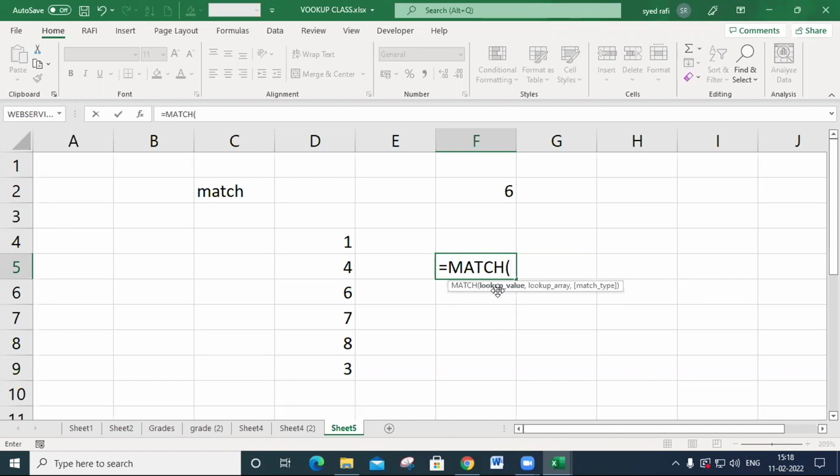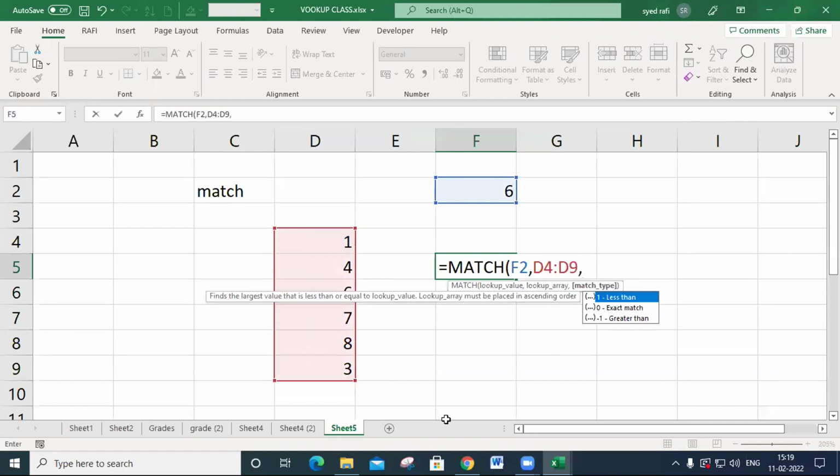So you must concentrate more on the MATCH function. Equal to MATCH, the first parameter is the lookup value, the second parameter is the lookup array, and the third argument is the match type. I give the lookup value 6, comma, I want to search for 6 in this range, comma, match type: less than, exact match, greater than.